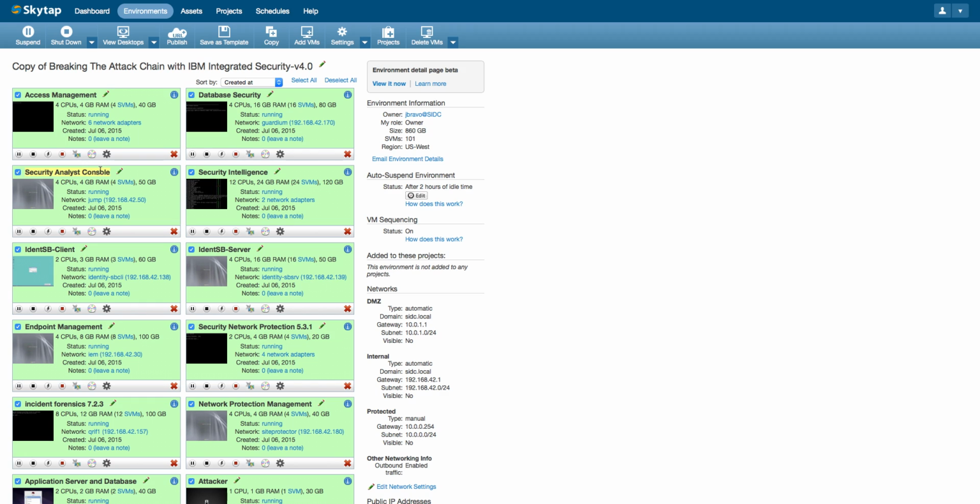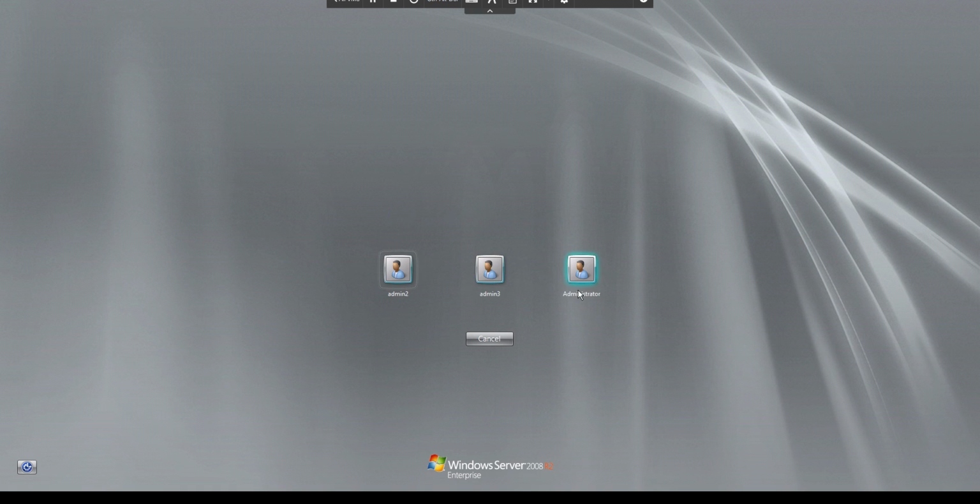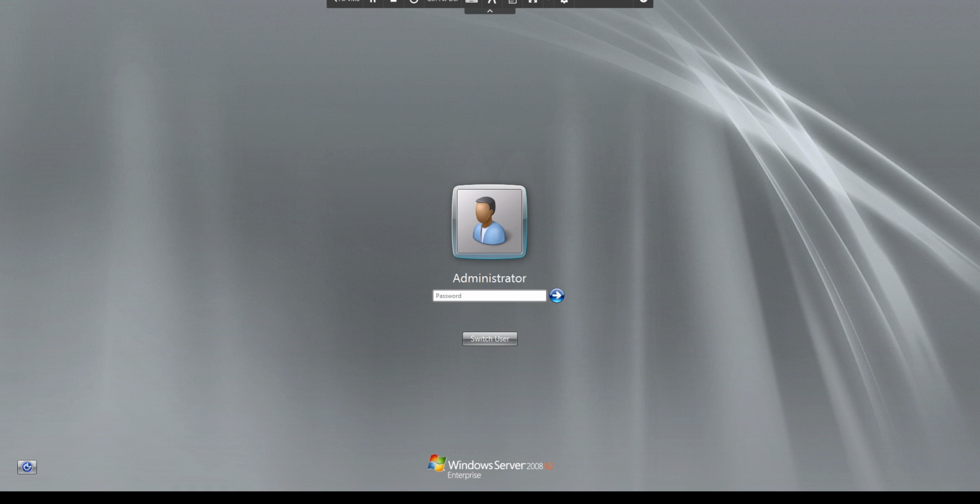and you want to go into the jump server, which is this one in here. When it is ready is when you can log in, and you will see QRadar fully up. So you click in here, and it asks you to send the Ctrl-Alt-Delete command to the VM, and you log in again with the same password, capital PASSW0RD. You log in to the jump server,